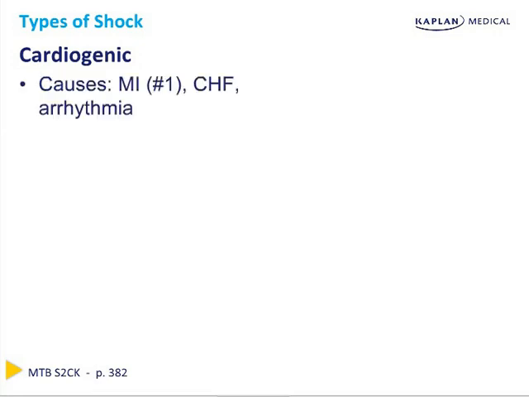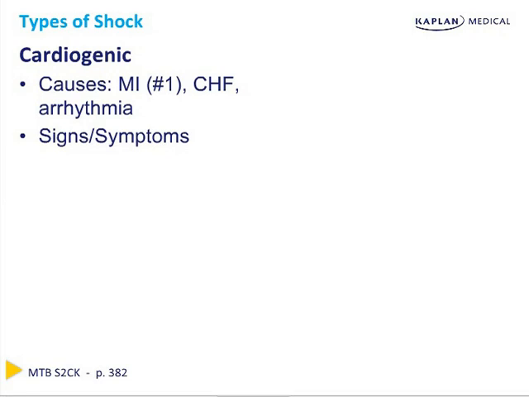In cardiogenic shock, the patient is effectively experiencing severe systolic heart failure with a low cardiac output, and as such, the heart is unable to pump enough blood to perfuse the vital organs. This situation can occur secondary to an MI, the most common underlying cause for cardiogenic shock, as well as severe congestive heart failure or certain arrhythmias. As seen in the case we discussed a few slides back,